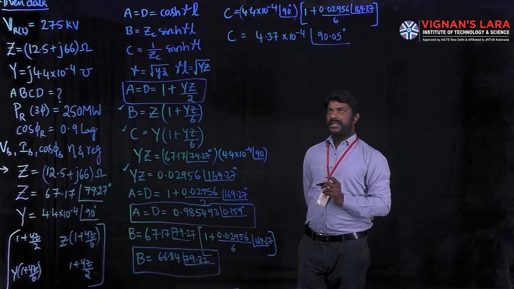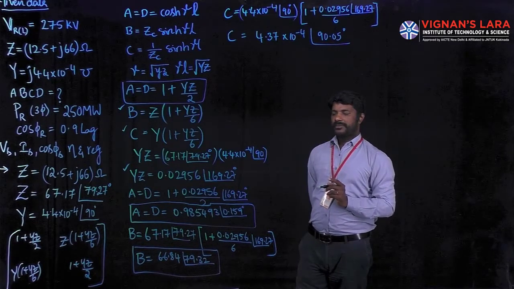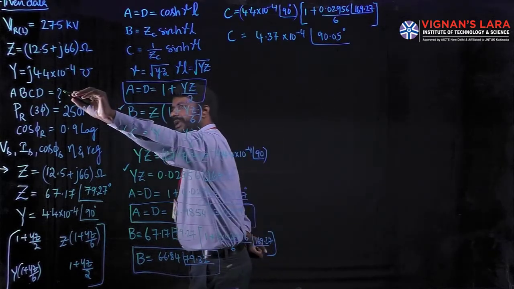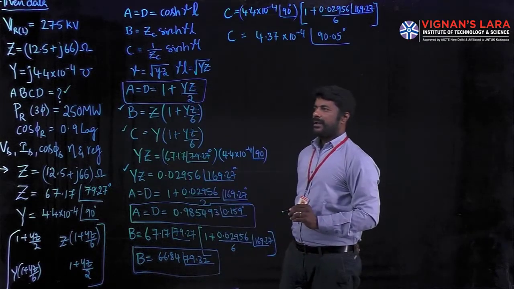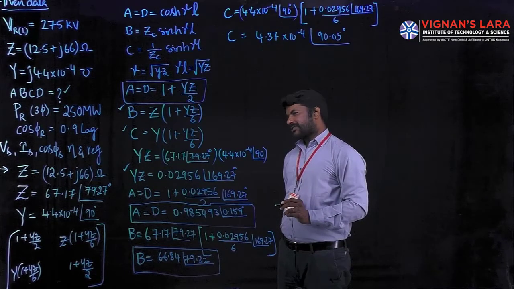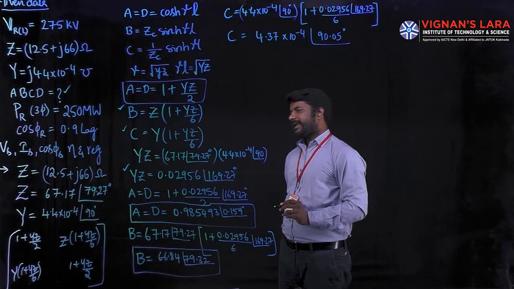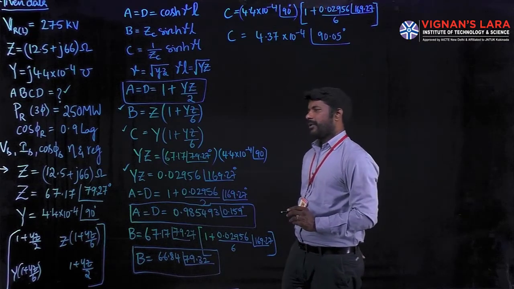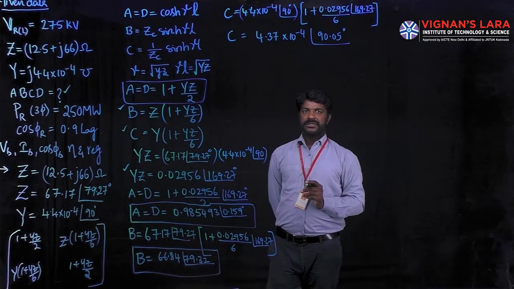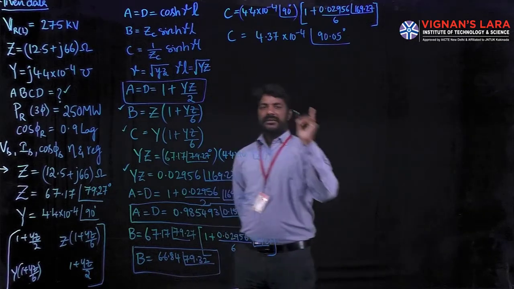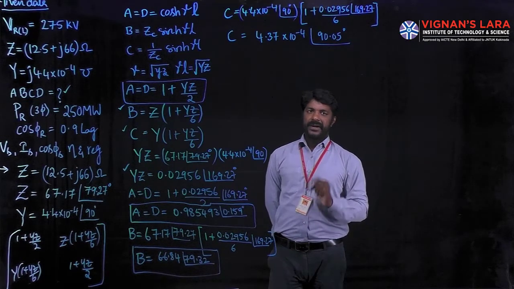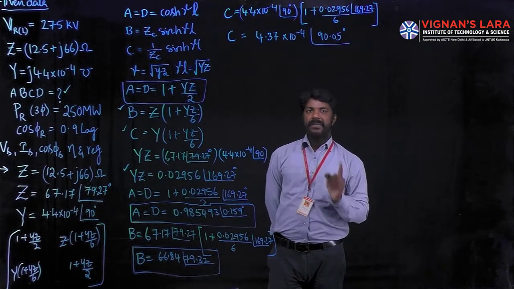Using these ABCD constants, we can find our next calculations. What are our next calculations? So far we have the ABCD constants using the power series method, also called the complex angle method. The next step is to get Vs, Is, cos phi s, and finally efficiency and regulation. To get them, we want the basic performance equations of a two-port network. The basic equations are Vs in terms of VR, IR, and Is in terms of VR, IR, where Vs and Is are dependent quantities. VR and IR are independent quantities.